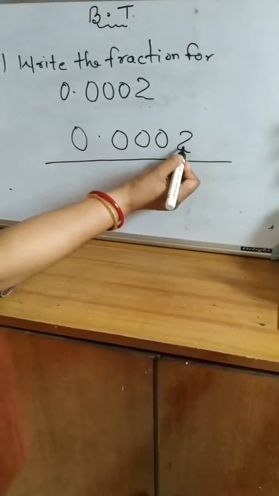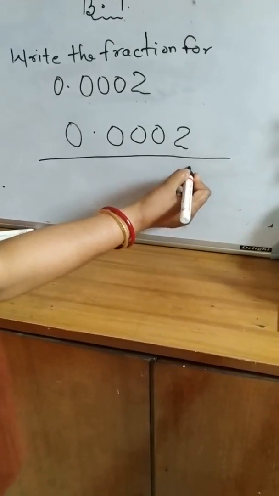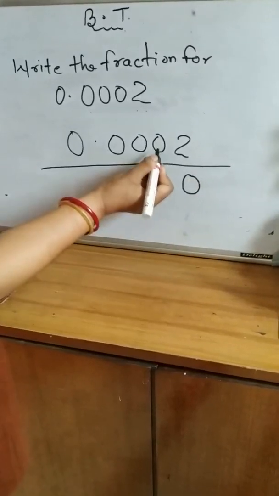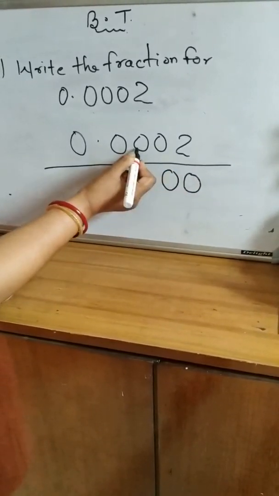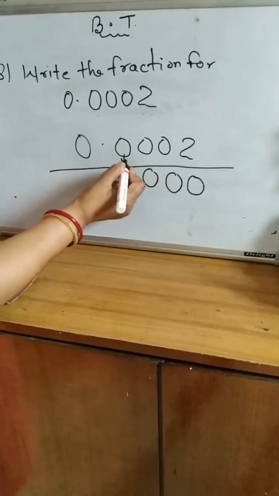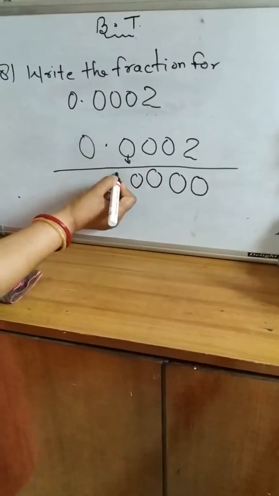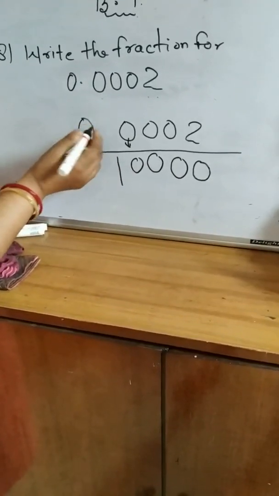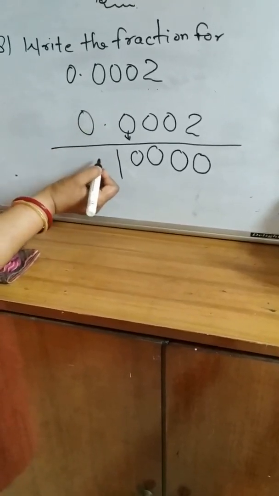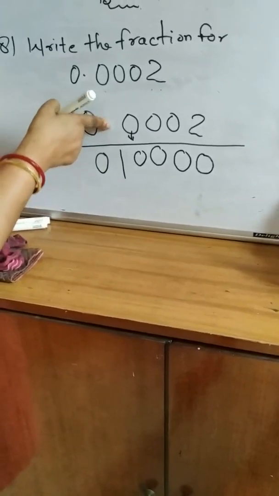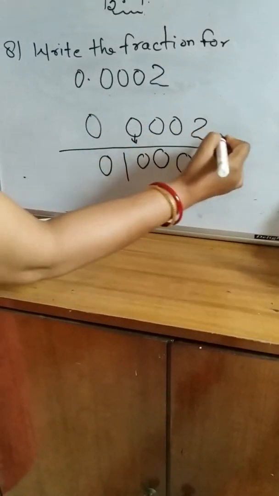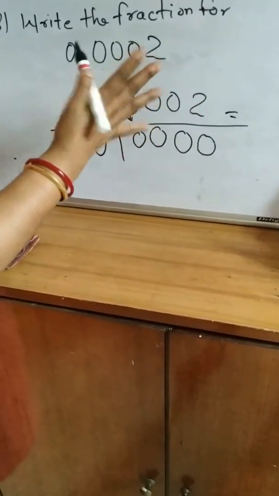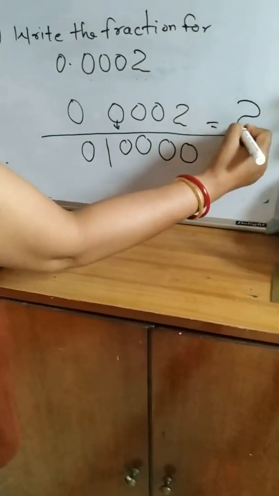Now for the 2, all of you look here: 0, and then for 0, again 0, for this 0, again 0, and for the decimal put 1. Now remove the decimal. And then this 0 is not having value, so put here 0. The decimal is removed by putting here 1. So what do we see? The 0 which is to the left side of the digit is not having any value. So just write 2.